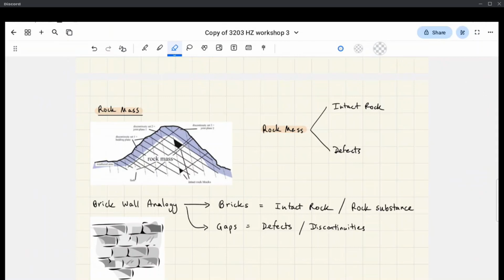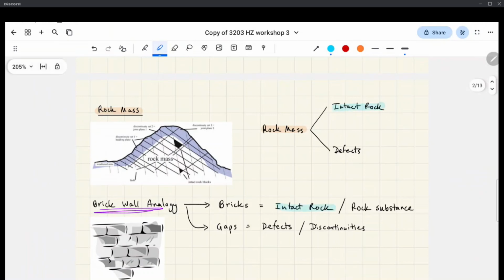Basically, I'm going to start by explaining a rock mass. This probably hasn't been covered really, because I saw in the lecture notes it's not until week 4 that they explain this, but the idea is that a rock mass has an analogy to a brick wall. So if you pretend that a rock mass is a brick wall, you have your bricks, and then you have the spaces between the bricks, like gaps, and that's essentially what a rock mass is in real life as well. So you have your intact rock,